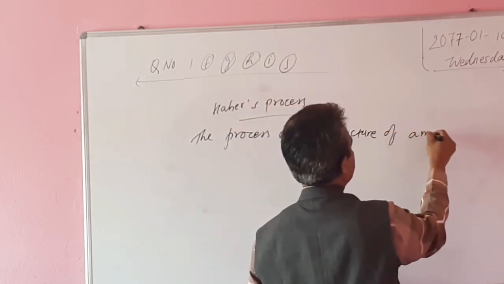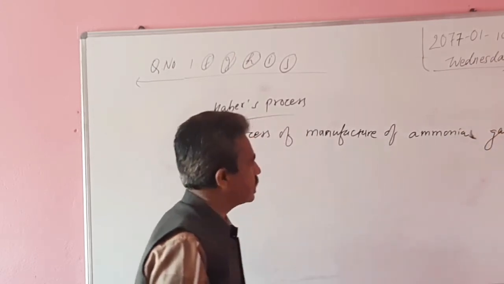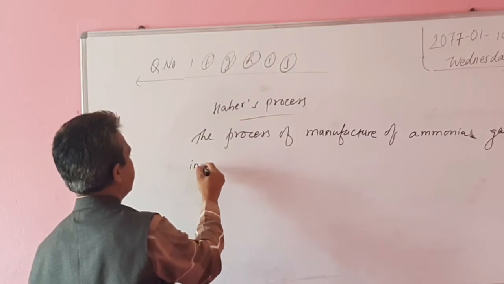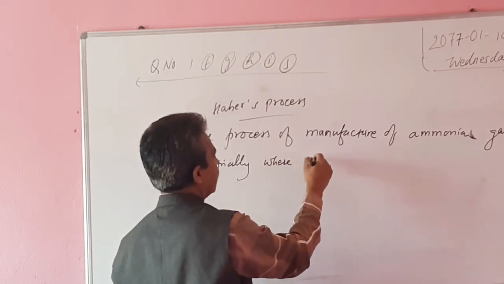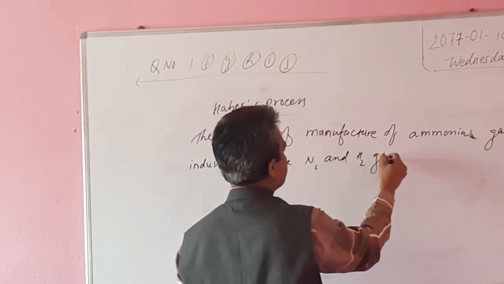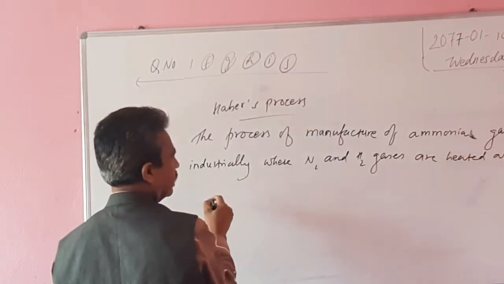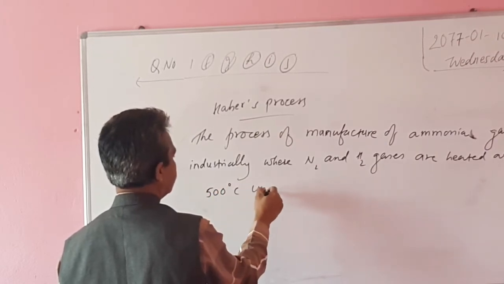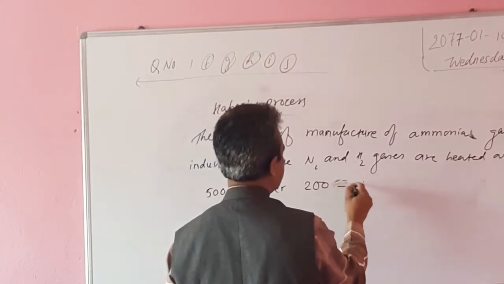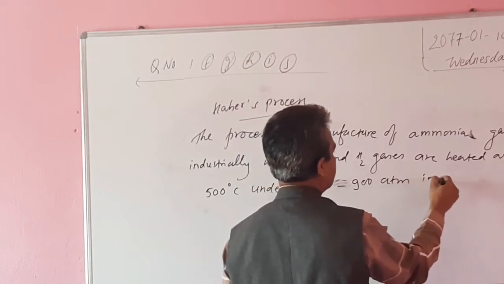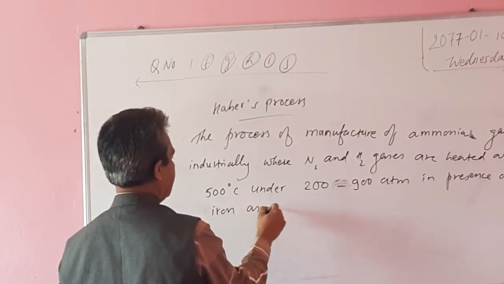The process of manufacture of ammonia gas industrially, where N2 and H2 gases are heated at 500 degrees centigrade under 200 to 900 atm in presence of iron as catalyst